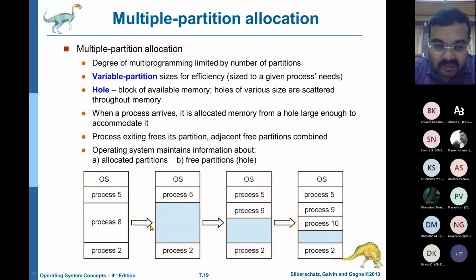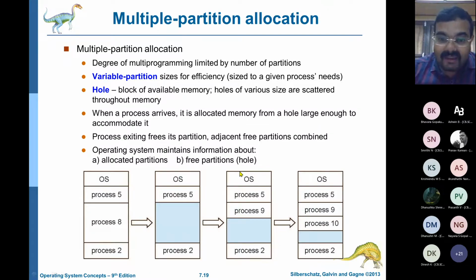And obviously, process 8 is here, but process 8 is taking a lot of time. Rather than that, if you see this diagram, I can put 9 and 10 into the hole. Rather than putting process 8 into the hole, I can swap out this process and put 9 and 10. So 2 processes will complete in that hole. So it is basically an allocation of slots or holes, where the available memory is available in holes. Maybe you have swapped out some process, maybe you have got some hole available, and you put the process inside.